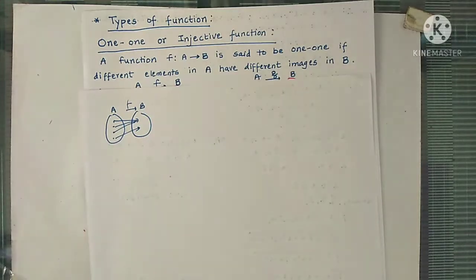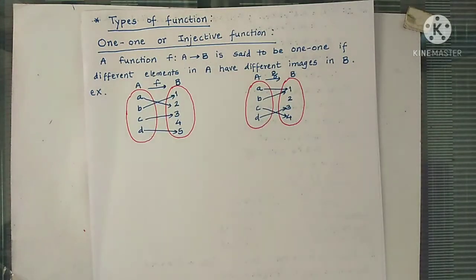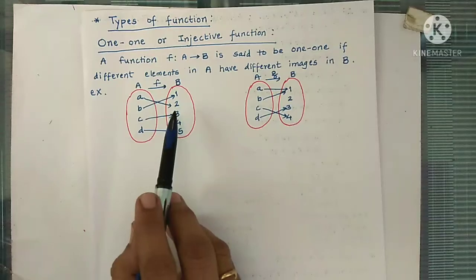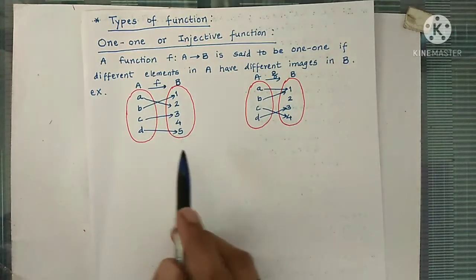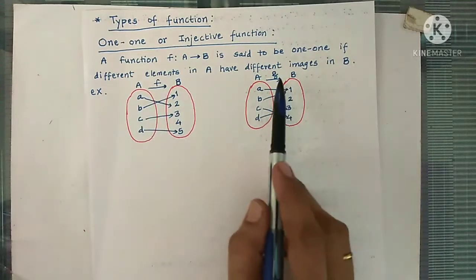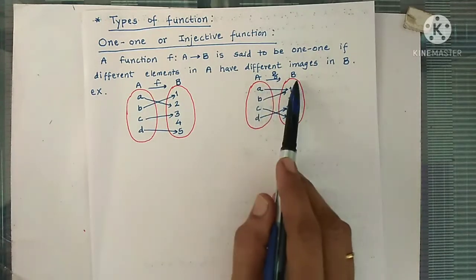Now today we are going to study types of functions. So the first type is one-one function and many-one function. One-one function is also known as injective function. So let's see the definition, but before that, let's see this example, and using this example, the definition will be more clear. Here I have denoted two functions by arrow diagram. The first one is f from A to B and the second function g is from A to B.